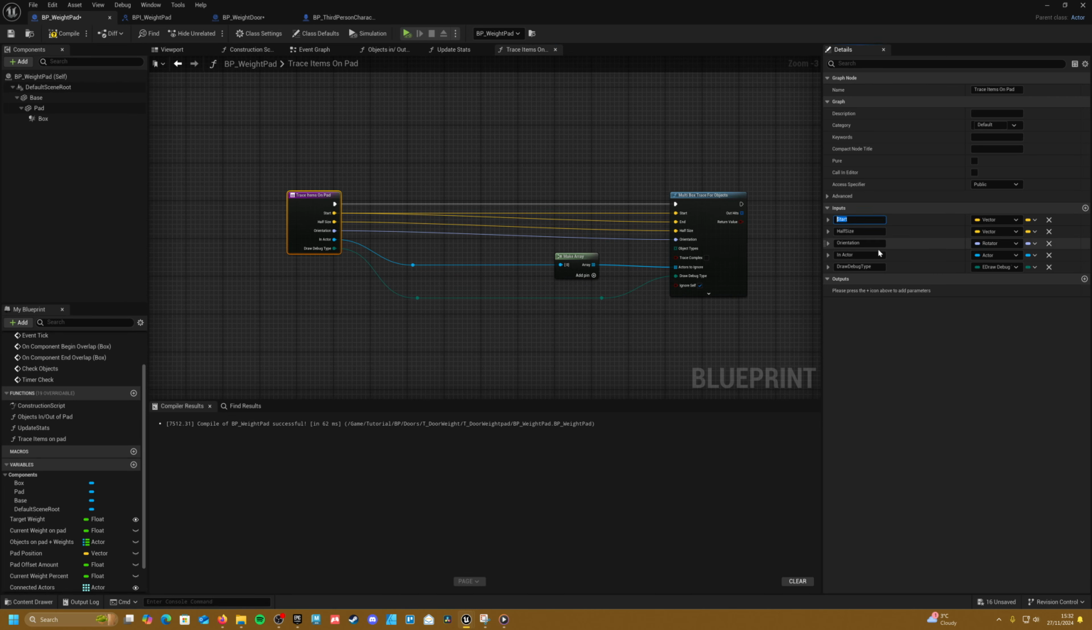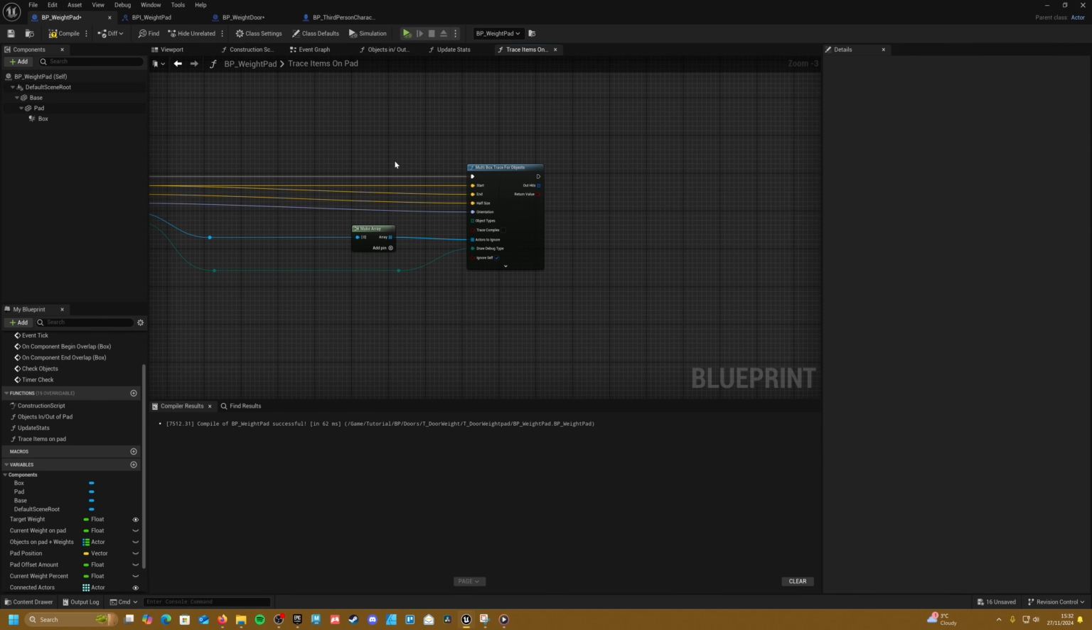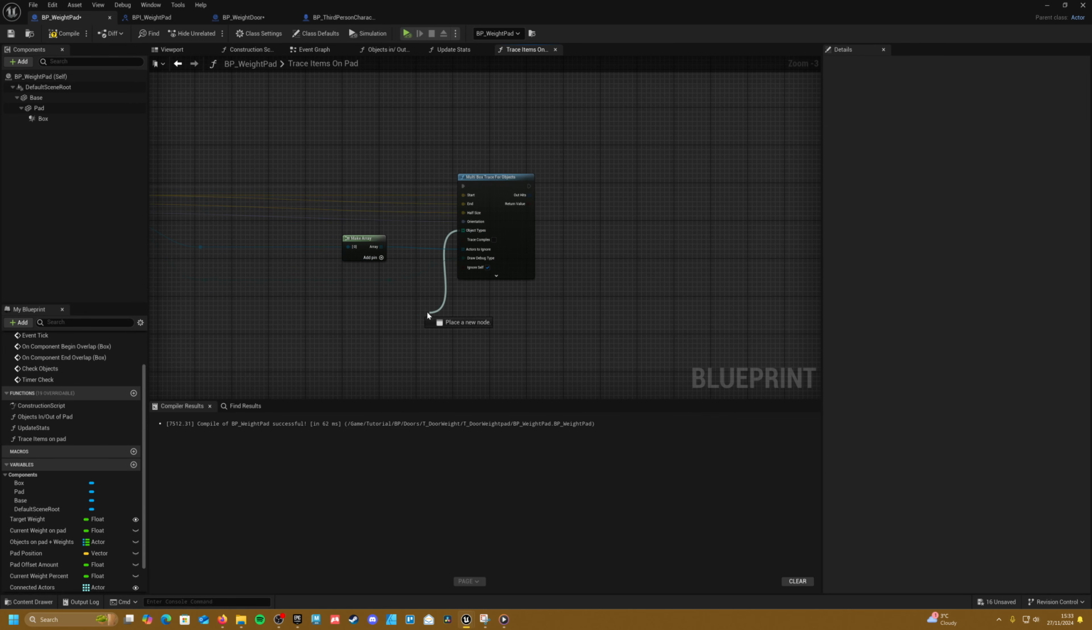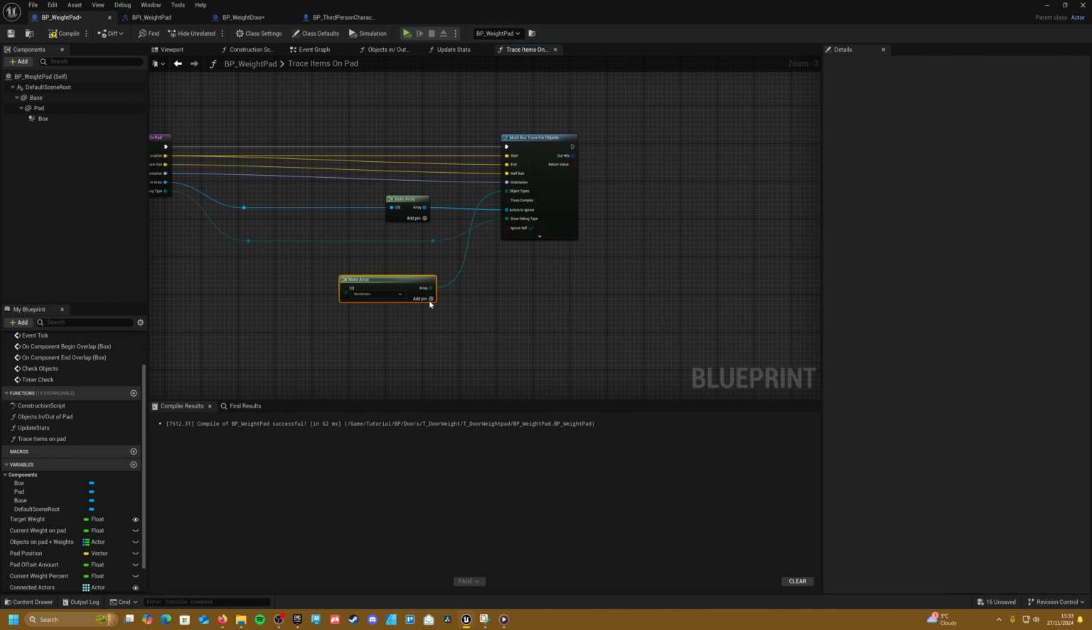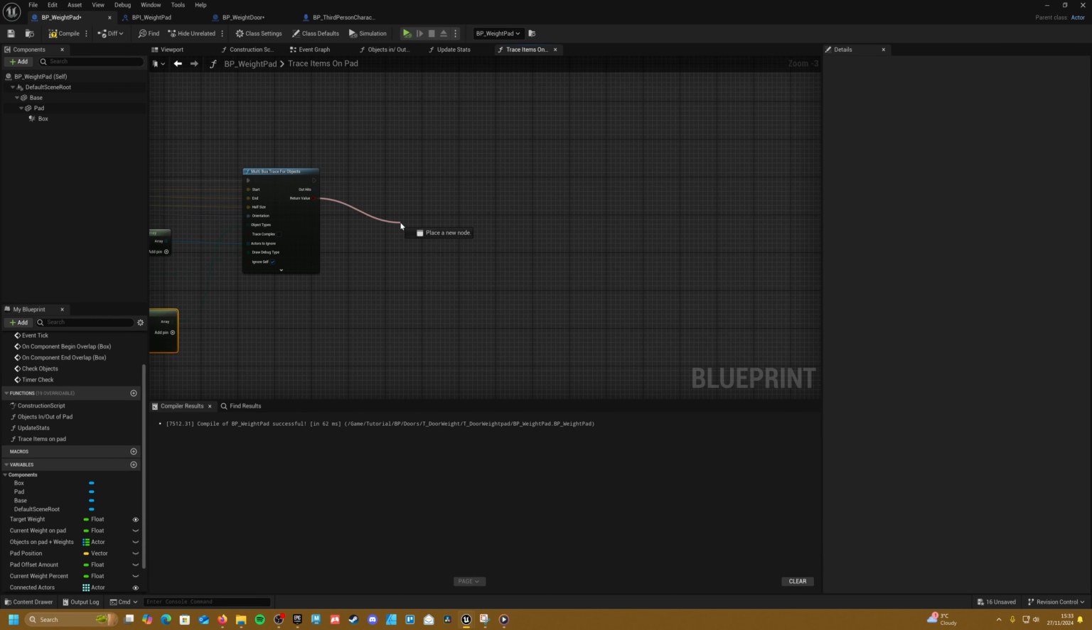Now let's rename start to trace location, and our half size to trace size. And we can leave orientation for now. Cool. Now the only other thing we need to do is set up our object types. Now we can create an array like here, and you can add as many of these as you like. However, for this tutorial, we're mainly using the pawn, which is our player character, and physical bodies, which is kind of like engine simulated. So with that set up, if we go over here and we create a branch